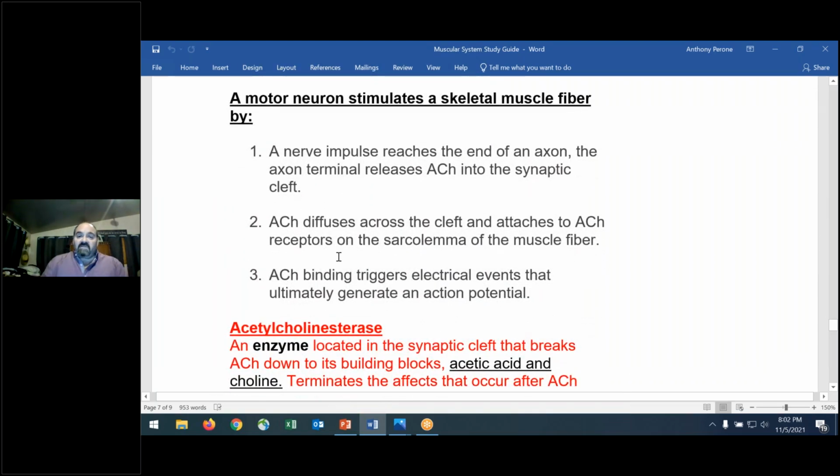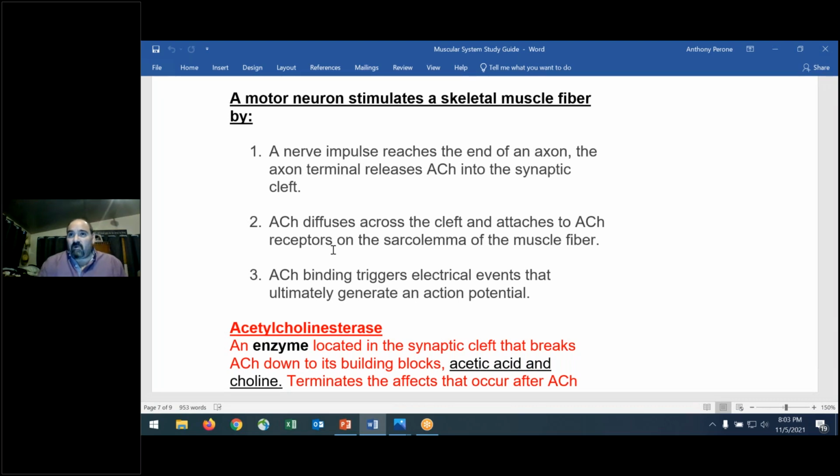So a motor neuron stimulates the skeletal muscle fiber by, so that nerve impulse, that action potential, reaches the end of an axon, right? It goes down to the axon. The axon terminal releases acetylcholine into the synaptic cleft. Acetylcholine, that's the ACh, diffuses across the cleft and attaches to acetylcholine receptors. And know this, right? Throughout the whole body, you're going to see that there are specific receptors for specific chemicals,